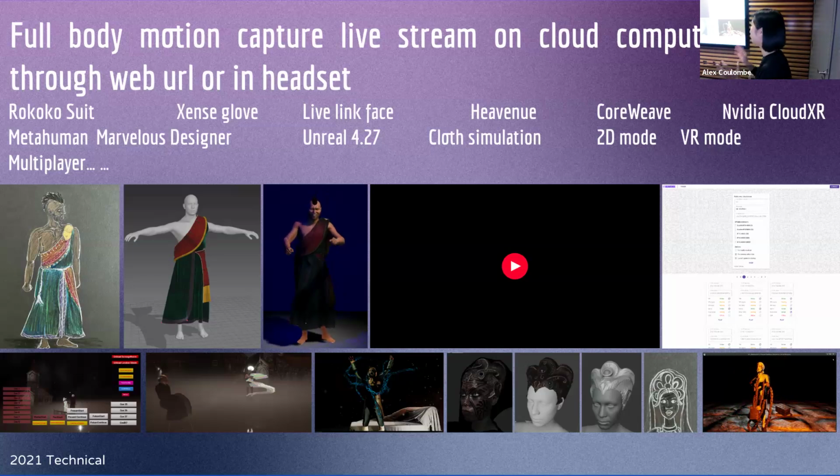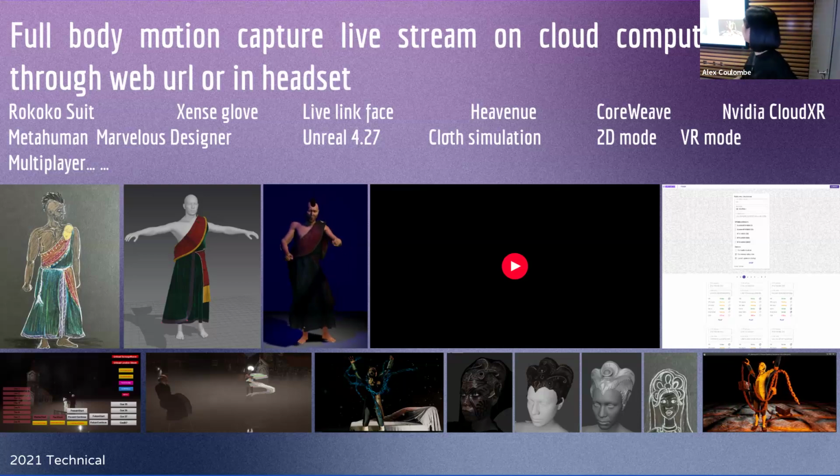So even though it's a Quest 2, it was able to render, like we used LOD0 for our MetaHumans, and we were doing cloth simulations, and we were doing it in Unreal 4.27. We used all the highest visual quality settings, and also we were dealing with multiplayer issues, queuing systems